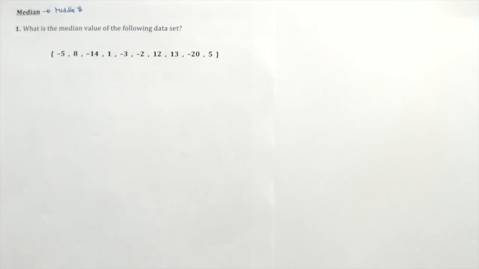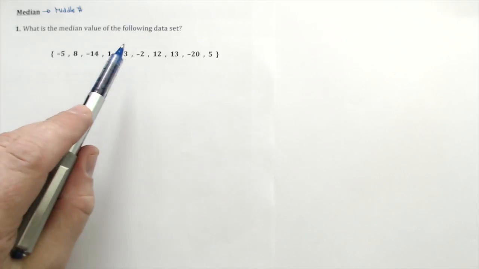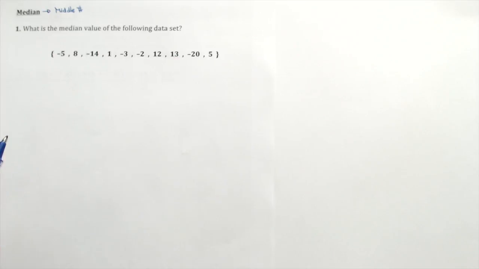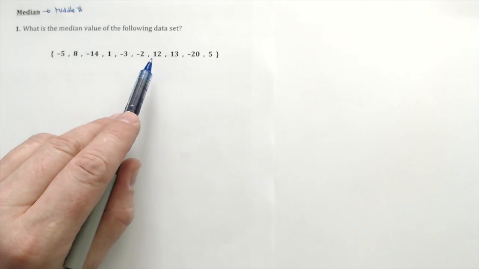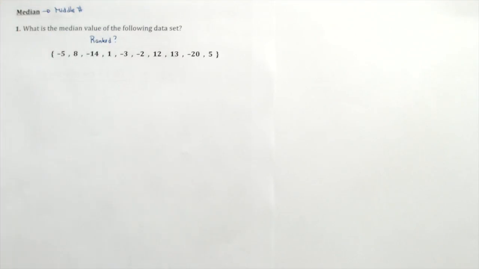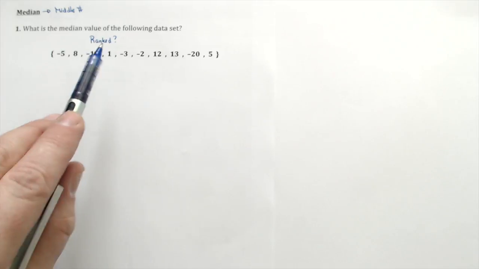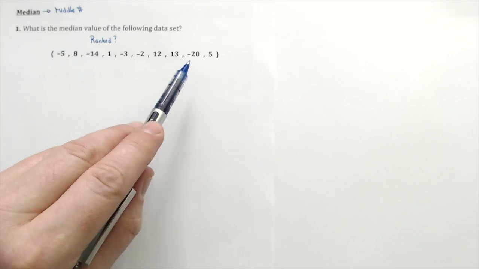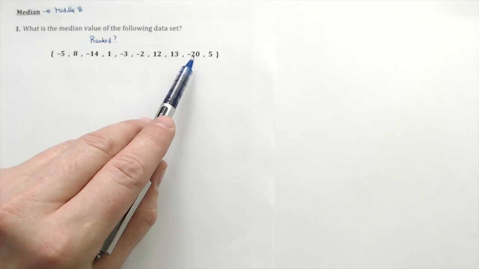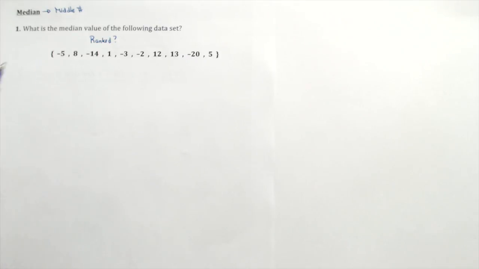And in order to find the middle, we're just going to count in, and I'll show you the technique for doing that. But before we do it, we have to first note that the numbers themselves must be ranked. In other words, they have to go from lowest to highest. And if you ask yourself, are these numbers here ranked? You can see right away that they're not, right? You can see this -20 way over here